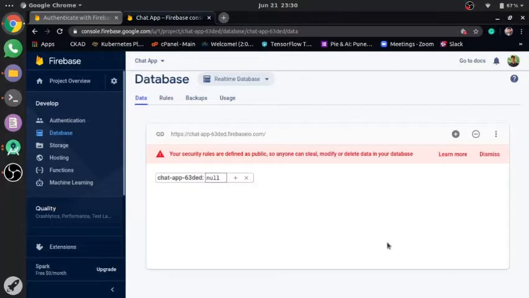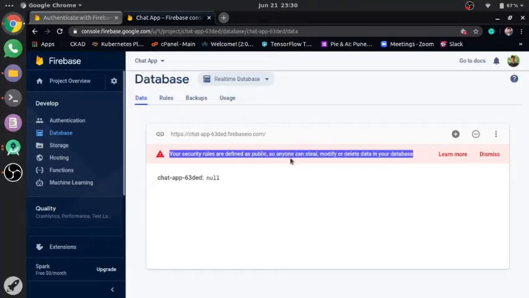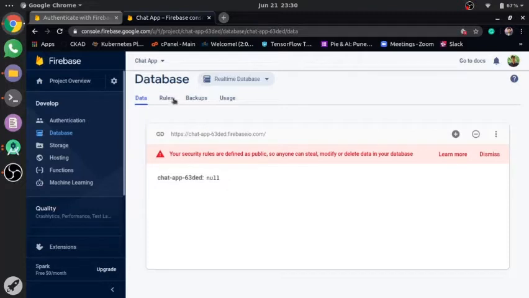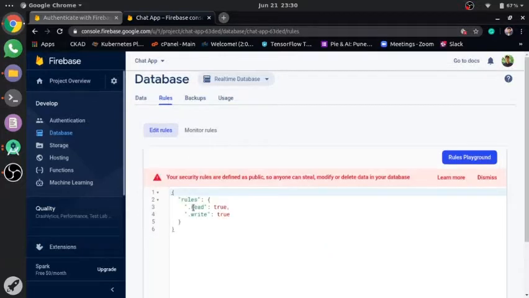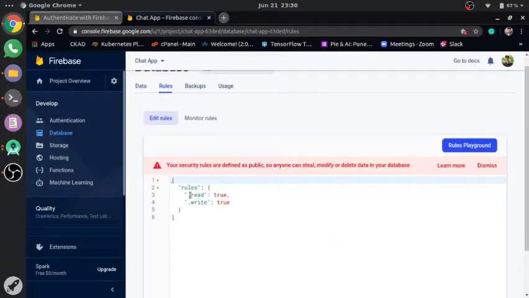Here you can see one alert. Your security rules are defined as public, so anyone can still modify or delete data in your database. This is an alert about the rules. You can read the rules of your database. Currently we have the rule true for both read and write operations, so anyone can read and write. So we can modify these rules, but for now let's keep them as it is. Okay,